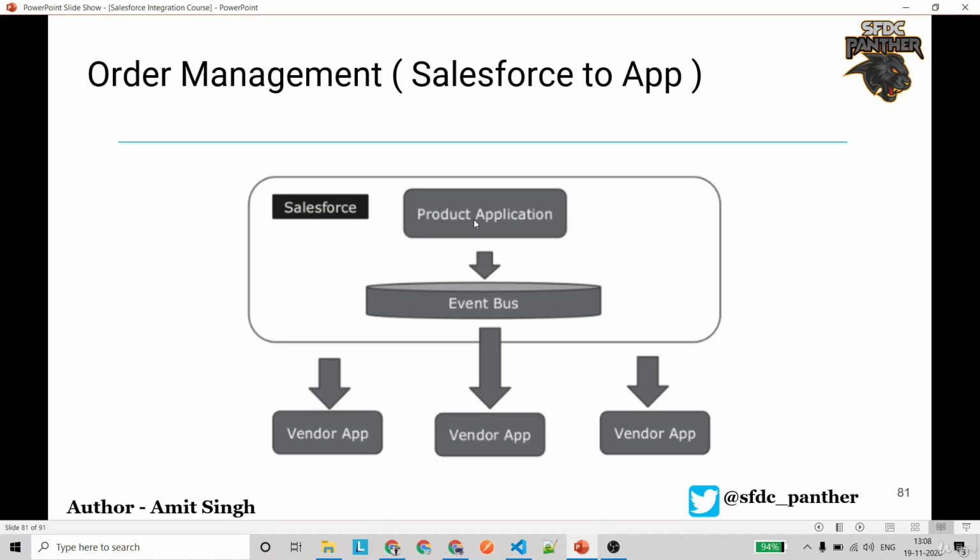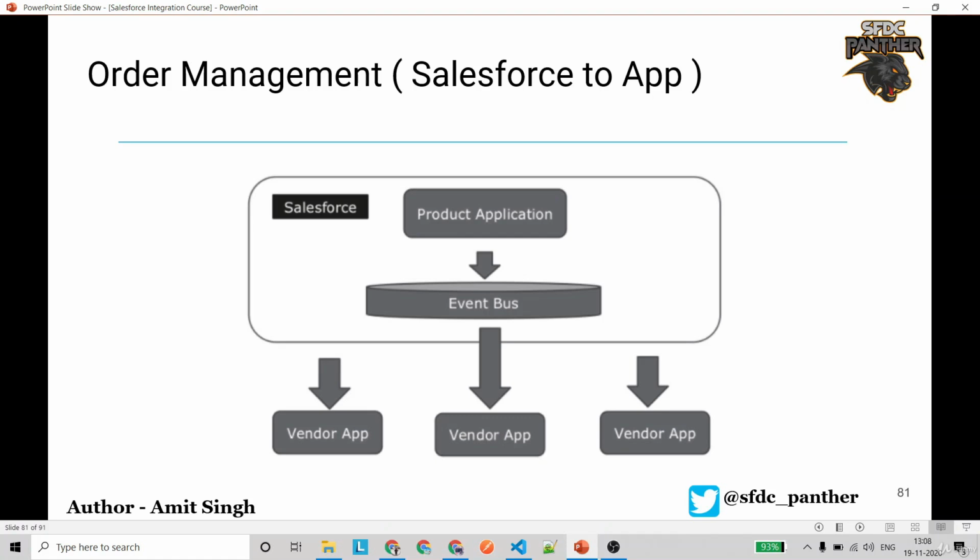You also send the complete order details with this notification, like the order number, the amount, and whether the payment has been made, is pending, or partial payment has been made, every single piece of information about that order. And then the vendor application sends a notification to the customer that your order has been received. This is a very simple use case.